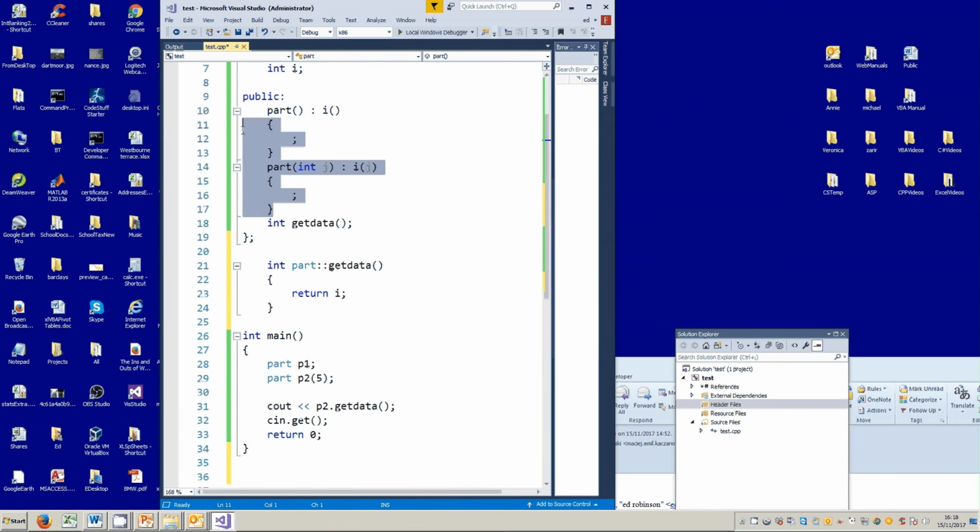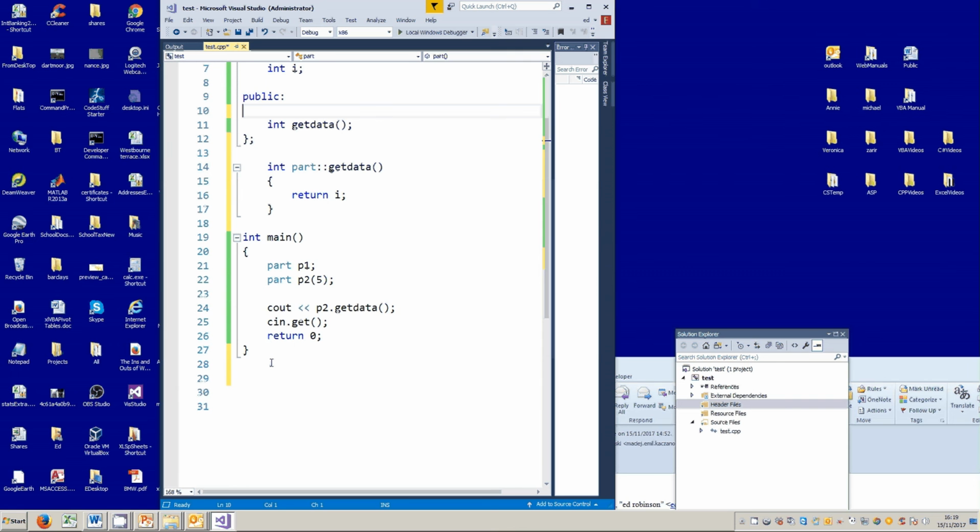Well, constructors are functions as well, so you could probably do that as an exercise, is to move the constructors outside as well, but don't forget to tell the class that there is one hanging around somewhere. So let me just try and do that. I'm going to move these constructors outside. I'll just cut them out of there and paste here,